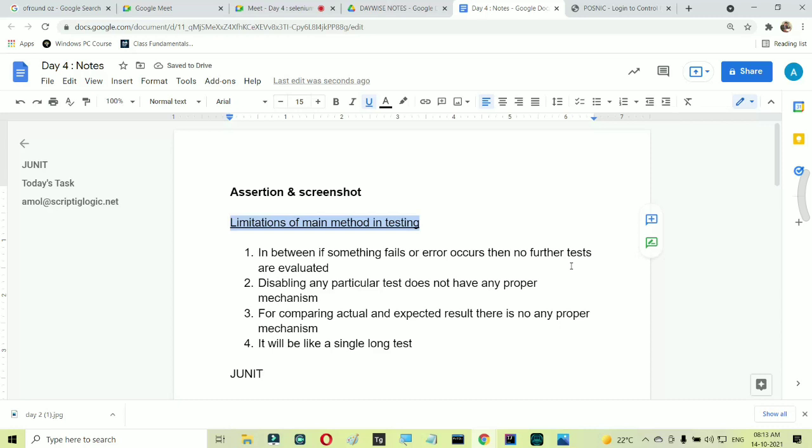Getting this? Yes. So if you are using the main method for your further tests or your automation scripts, these will be your limitations. Fine. So from now onwards, I'm not going to write the tests in the main method. Rather, I will write in a normal function, and I will make that normal function executable with the help of JUnit. Okay, so let's do that.